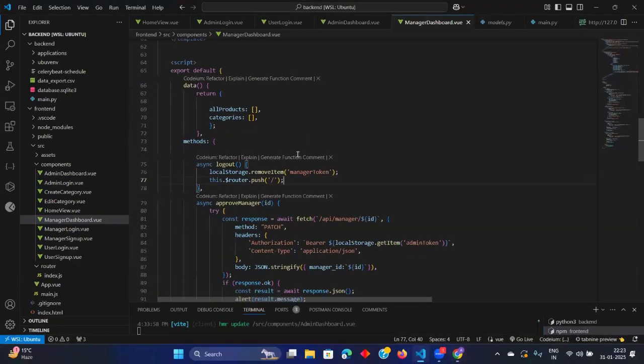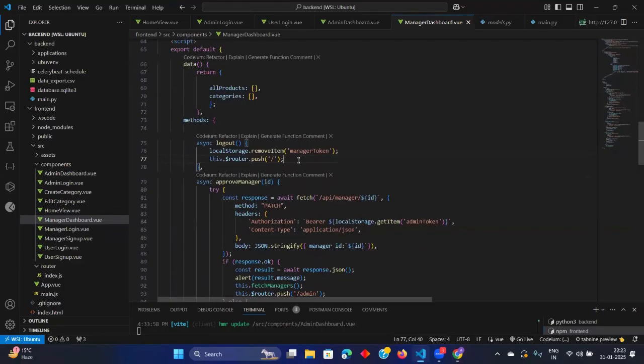So that thing is there, and with JWT, when we log out, the JWT is only removed from the browser. It does not expire, and it does not become invalid. JWT remains valid until it expires. Let's say I set a time for JWT as 15 minutes. So for 15 minutes I will stay logged in and can work on anything. But after 15 minutes, if I try to do anything, it will say that you are not logged in or something like that. So after that, we have to log in again.